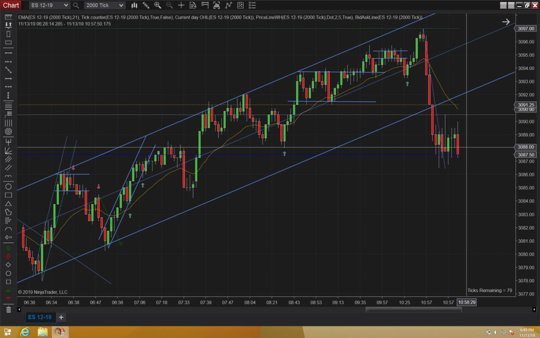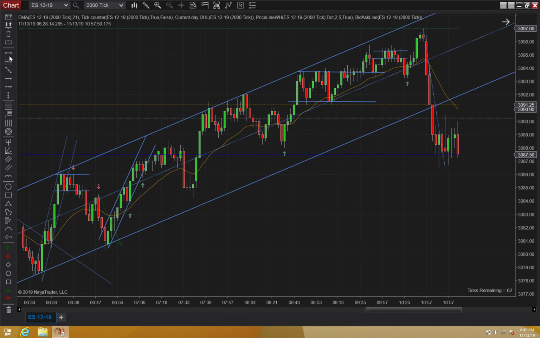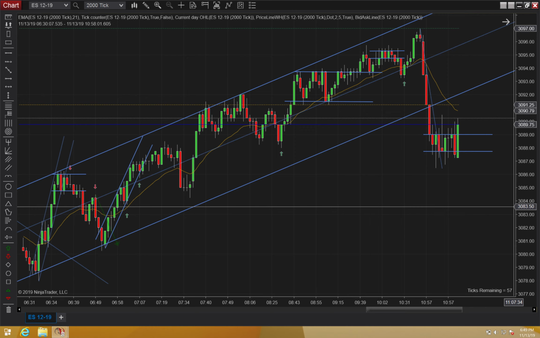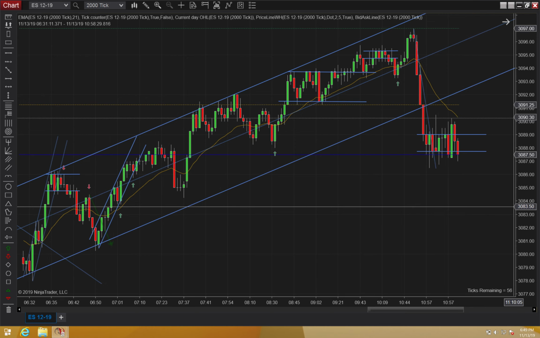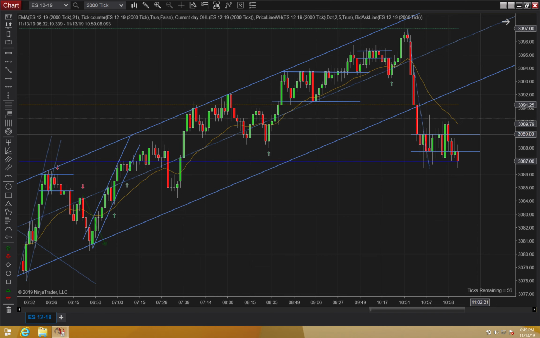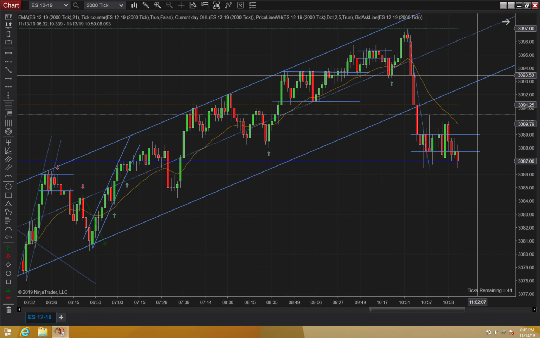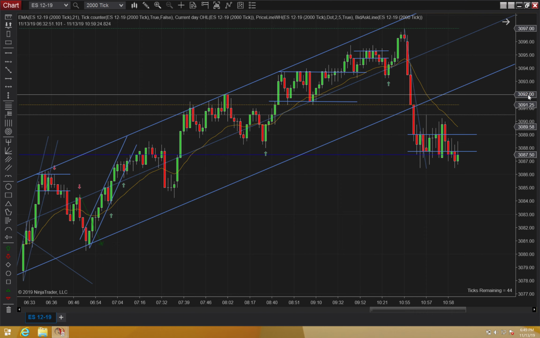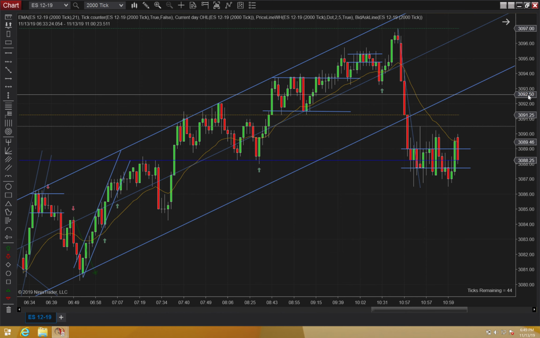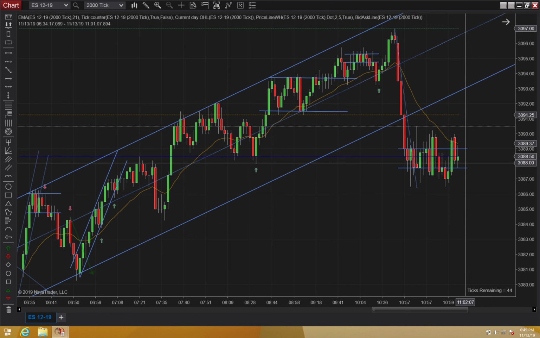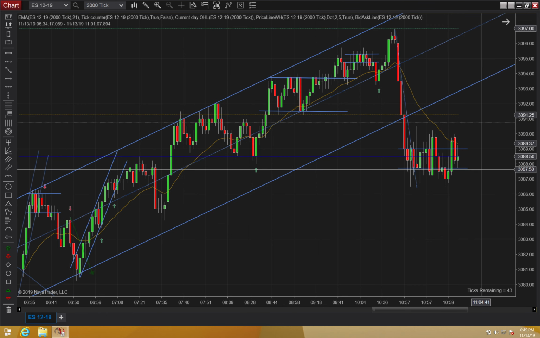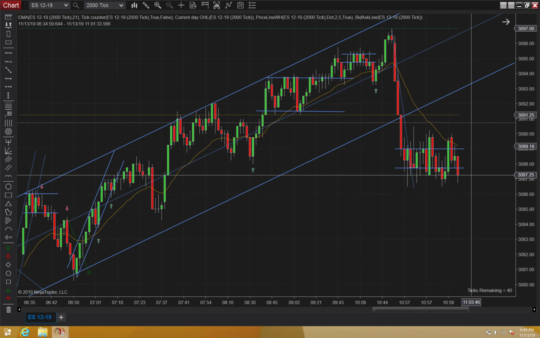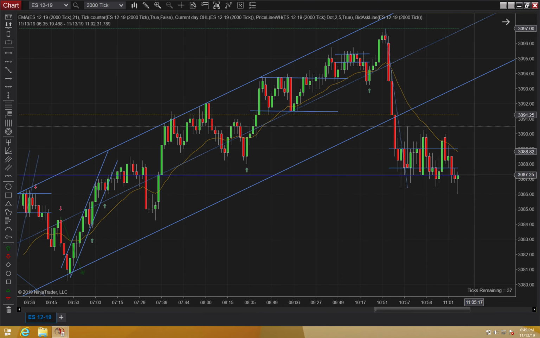Going back. See how it's just kind of stacked up. There's nothing in there. Just going back and forth. A little breakout. So we need to see a breakout in some sort of signal bar. That's ugly. A breakout, a little bearish bar. Just waiting. See, traders are trying to decide what to do here. So smart traders are just waiting.